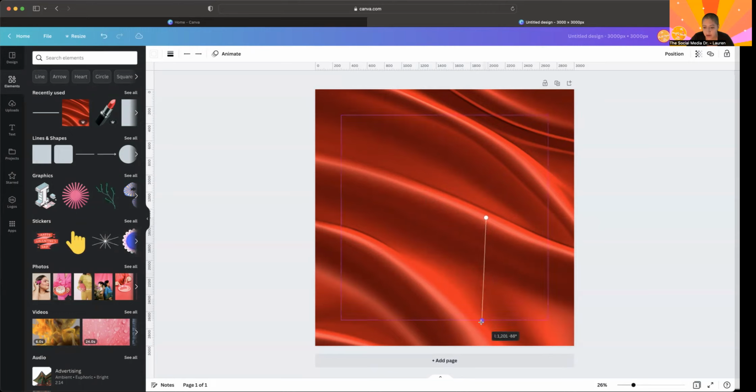So I got to make it 90, negative 90. And then we got to bring it all the way to the top and make sure it stays at 90. Okay, now I'm going to bring this all the way to the side. From here, I'm simply going to click on this duplicate button, and I'm going to duplicate it as many times